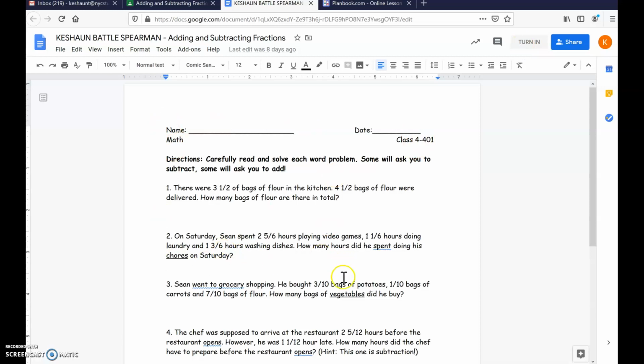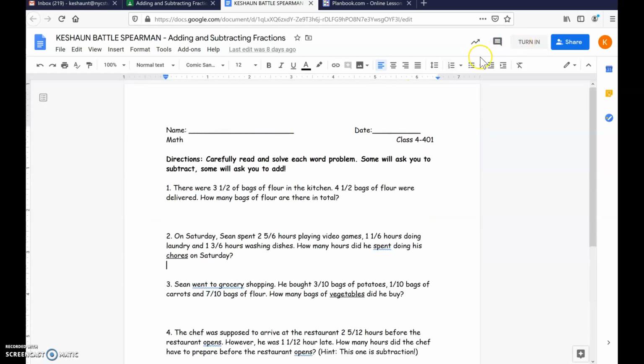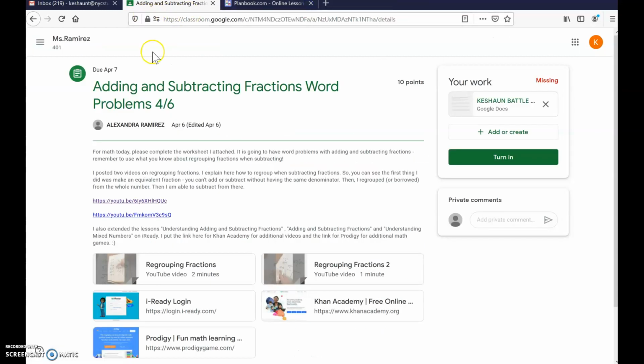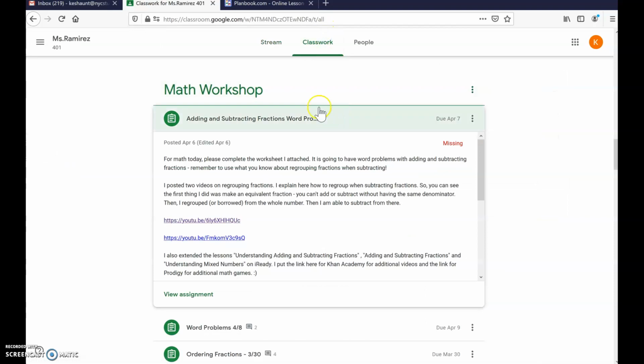So you don't want to erase anything that I've written here. You just want to add in your answers and press Turn In. So you have to make sure you have the Google Devices app and the Google Docs app to be able to do this. And then for any slides that I post,